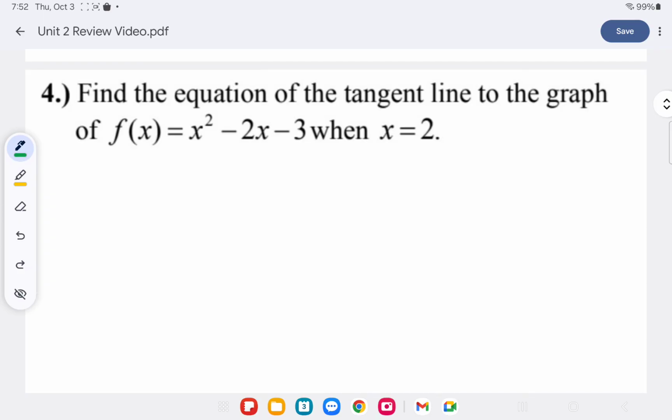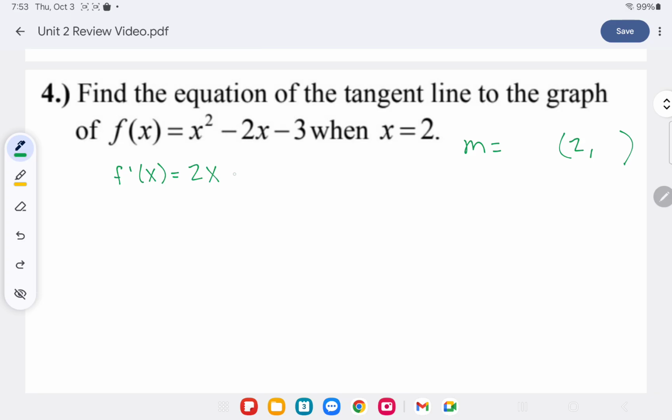So same idea here. Find the equation of the tangent line. And we know the equation for f of x this time. And we want the equation of the tangent line when x equals 2. So the first thing we need to do is find the slope when x equals 2. Because to write an equation of a line, we need to know the slope and we need to know the point. Well, the point is going to start with a 2 because we want to write the equation when x equals 2. To find the slope when x equals 2, first we need to find that first derivative,